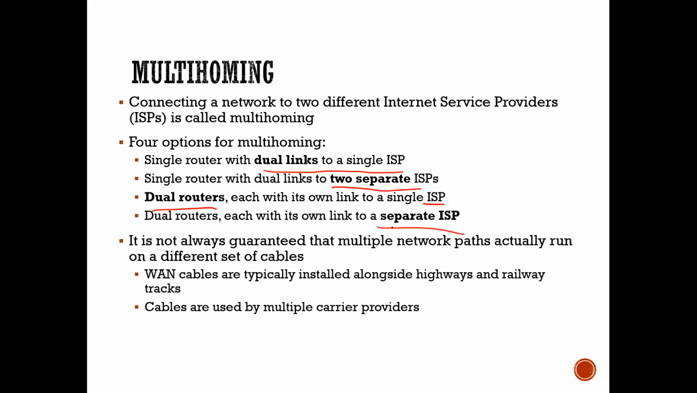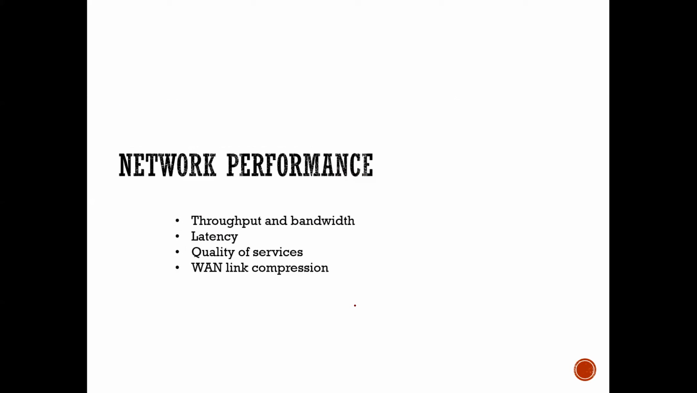It's not always guaranteed that multiple network paths actually run on a different set of cables. One cable are typically installed alongside highway and railway track. Cables are used by multiple carrier providers. Network performance في 4 أشياء تقاس. The throughput، كيف نقيس البرفورمانس؟ نقيس عن طريق الثروفبوت والباندويث، عرض النطاق الترددي والإنتاجية، اللاتنسي، الكواليتي اوف سيرفيس، والوان لينك